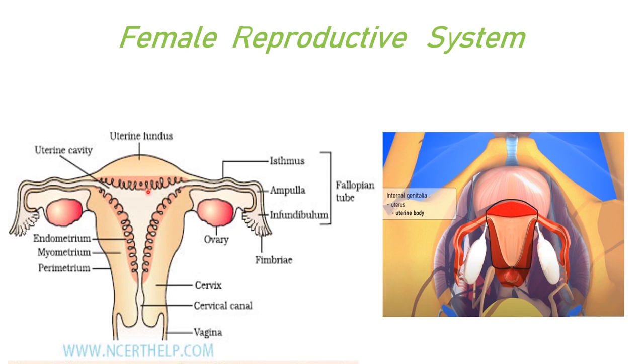The uterus, or womb, is a hollow, thick-walled muscular structure. It is made up of three layers. The outer layer is the perimetrium, the middle muscular layer is the myometrium, and the innermost inner glandular layer is the endometrium. The endometrium undergoes many changes during the menstrual cycle. The myometrium exhibits contraction during parturition, that is childbirth. And in the hollow cavity the fetus develops.